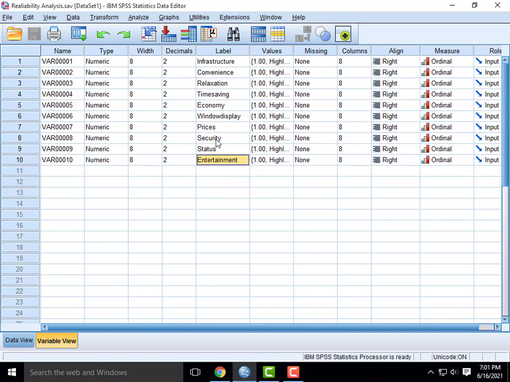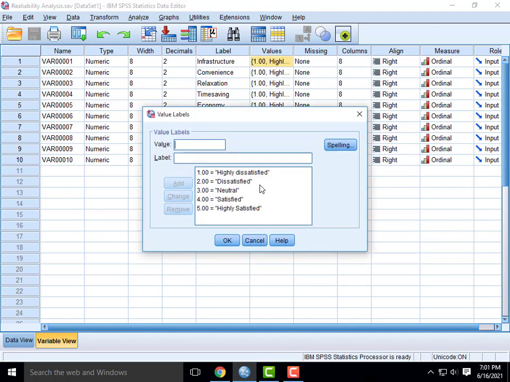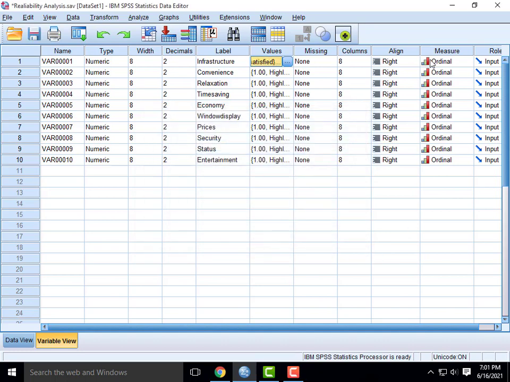So these 10 variables are observed variables. Our latent variable is customer satisfaction towards the shopping mall. That is our unobserved variable, otherwise called a latent variable. We have 10 variables for that, measured using 5-point scaling, highly dissatisfied to highly satisfied. So all the variables are ordinal in nature.